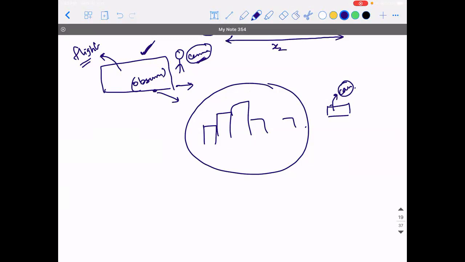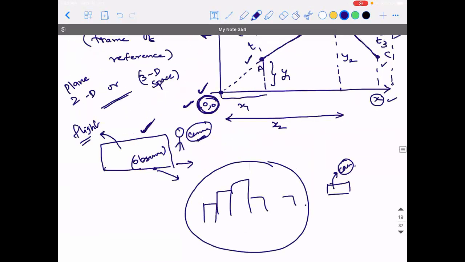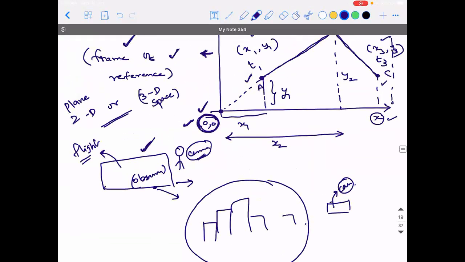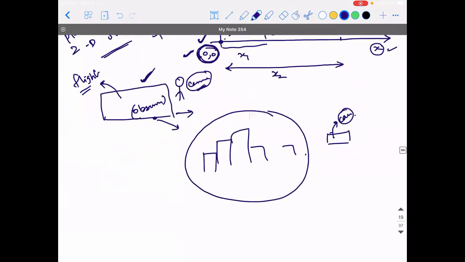Anyways, you need not worry much about this point because the frame of reference has more importance in the next chapter. I just wanted to introduce this term. There are basically classifications: frames of reference are classified as inertial, non-inertial, all those things I'll tell you in the next chapter. As of now, try to understand what exactly a frame of reference means.